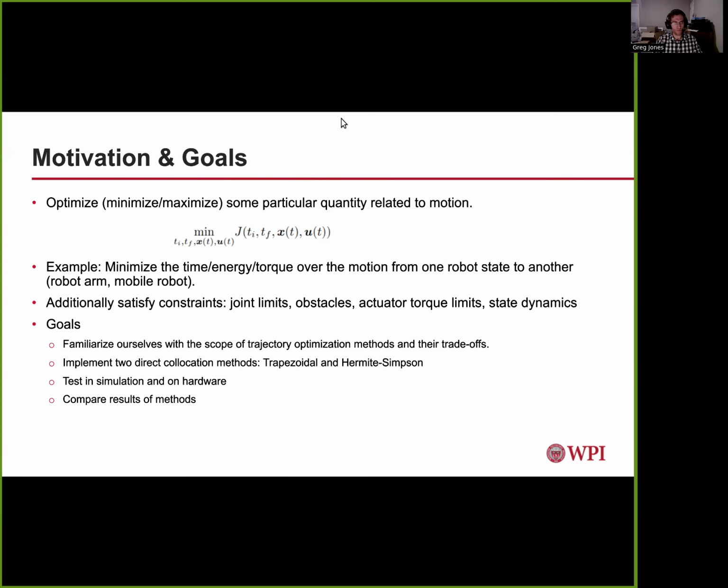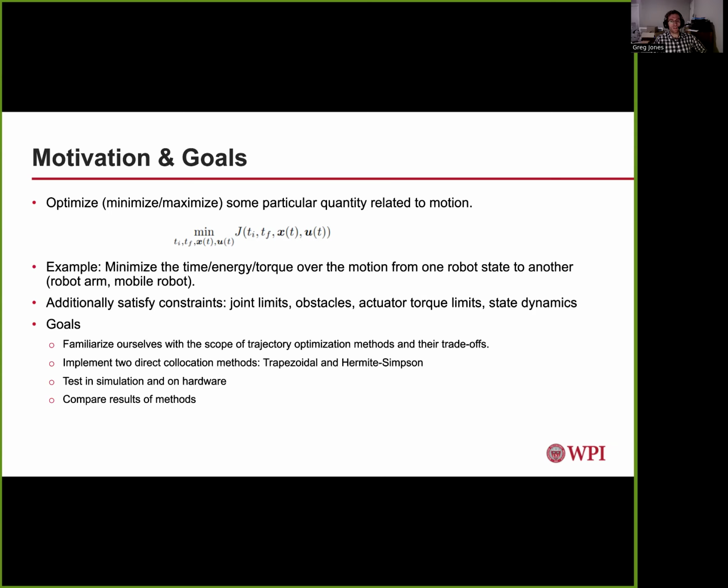Some examples of this include quantities like minimizing time, energy, or joint torques over the motion from one robot state to another. And in addition, there are typically constraints that need to be satisfied too, such as joint position limits, obstacles that shouldn't be obstructed,